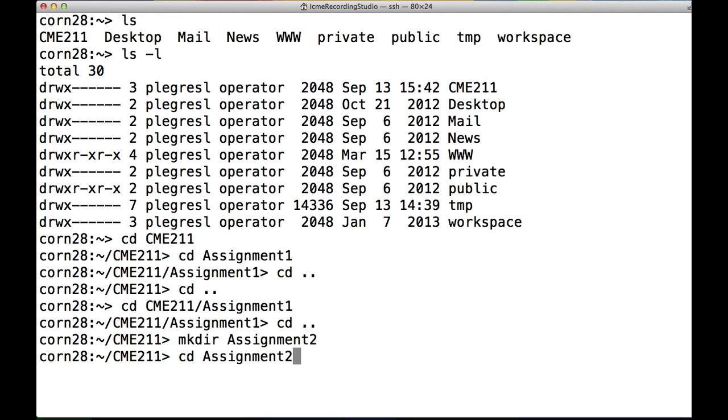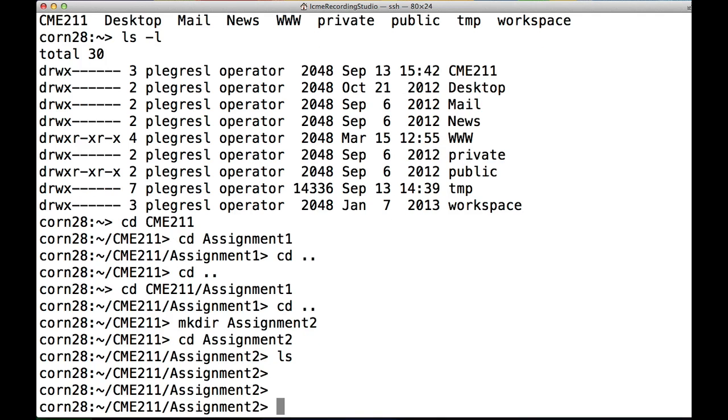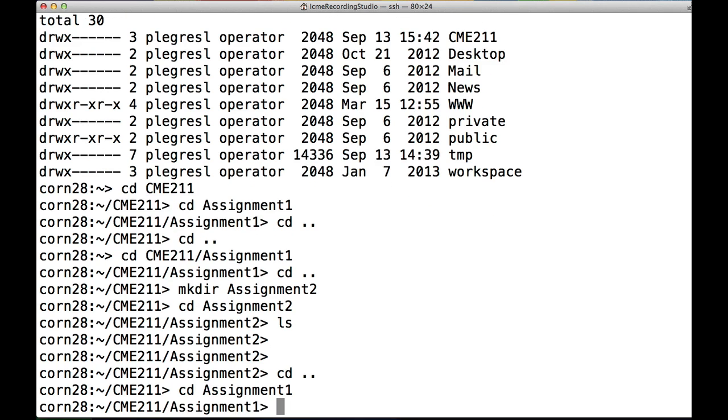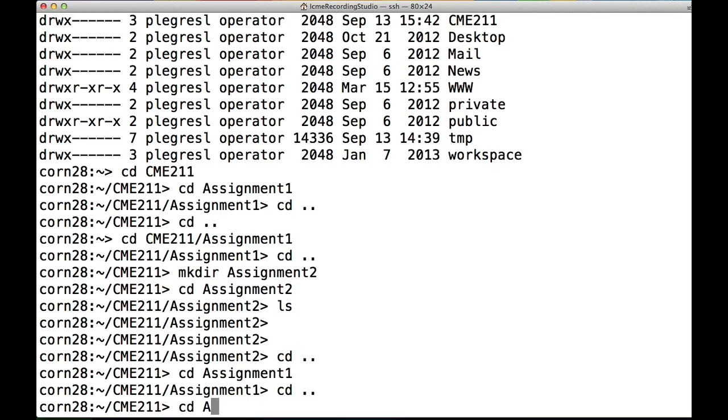So I changed directory to assignment 2, and once I was sitting here working on assignment 2, maybe I'd like to go back to assignment 1 and refresh my memory, look at some of those files. So one option would be to go up to that directory and then use the change directory command again to go to assignment 1, but that's a bit of typing. So what's more convenient